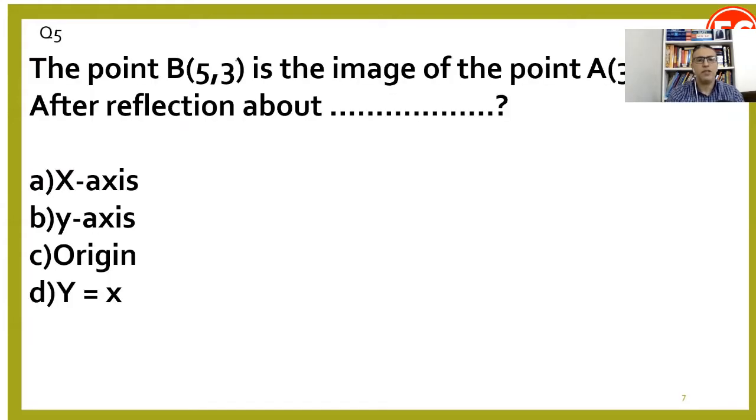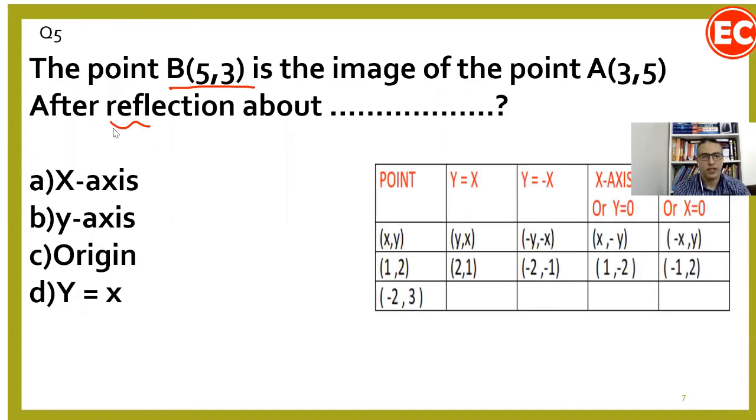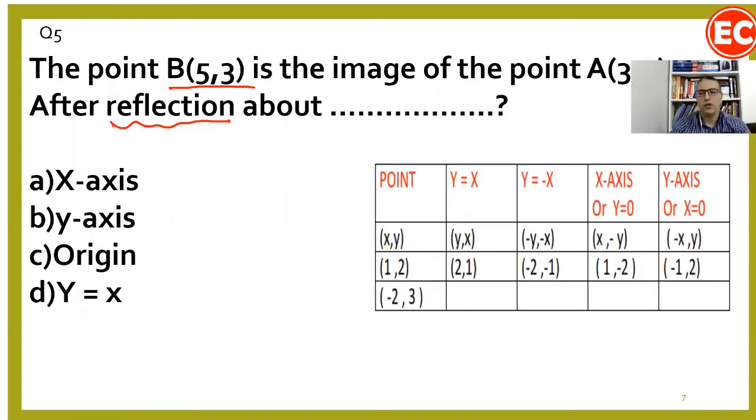Question number 5. The point B (5, 3) is the image of the point A (3, 5) by reflection about the point P. (5, 3) is the image of the point (3, 5) by reflection. And as you can see here, I added for you the rules of reflections